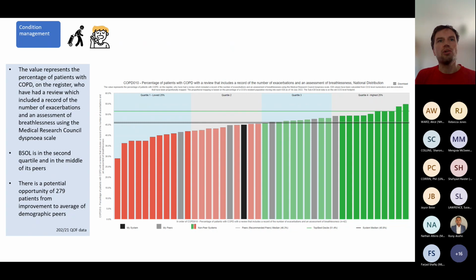Percentage of patients with COPD who have an influenza immunization is not a massive difference, but again, some opportunity there. And then these are QOF metrics, but taken from Model Health System, showing COPD patients with a review. So again, trying to create that story of here's my population, and then looking at the conditions that they have and areas of opportunities that could be exploited.